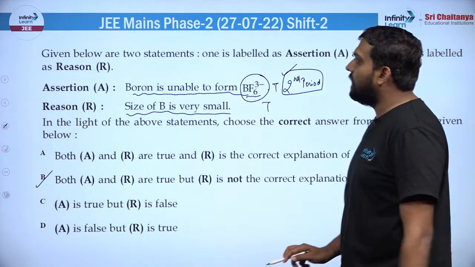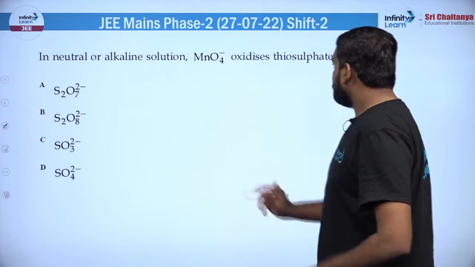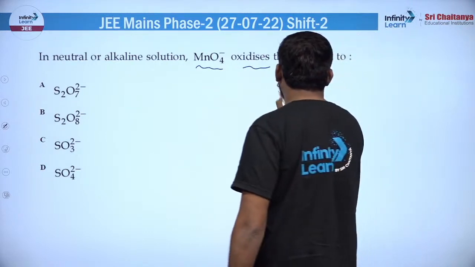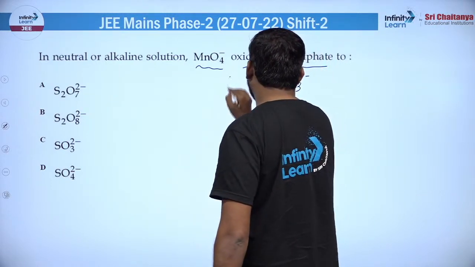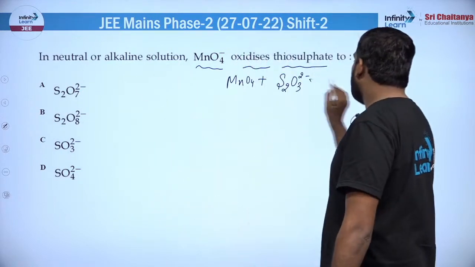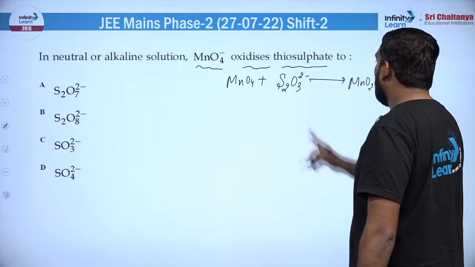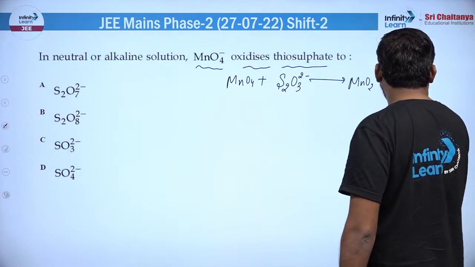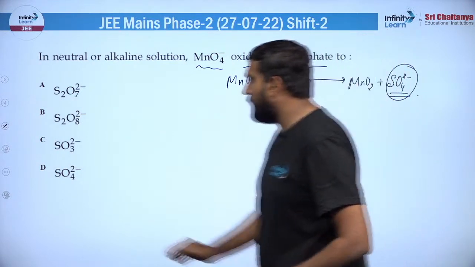चलिए अगले सवाल की तरफ चलते हैं। इन न्यूट्रल और अल्कलाइन सोल्यूशन MnO4 माइनस ऑक्सीडाइजेस थायोसल्फेट। थायोसल्फेट होता है S2O3 2 माइनस। तो थायोसल्फेट को अगर आप MnO4 में रिएक्शन कराते हो, वो भी अल्कलाइन या न्यूट्रल मीडियम में, तो MnO4 है वो MnO2 में कन्वर्ट हो जाता है, और ये सल्फेट में कन्वर्ट हो जाता है। तो सल्फेट इसका सही आंसर होगा।